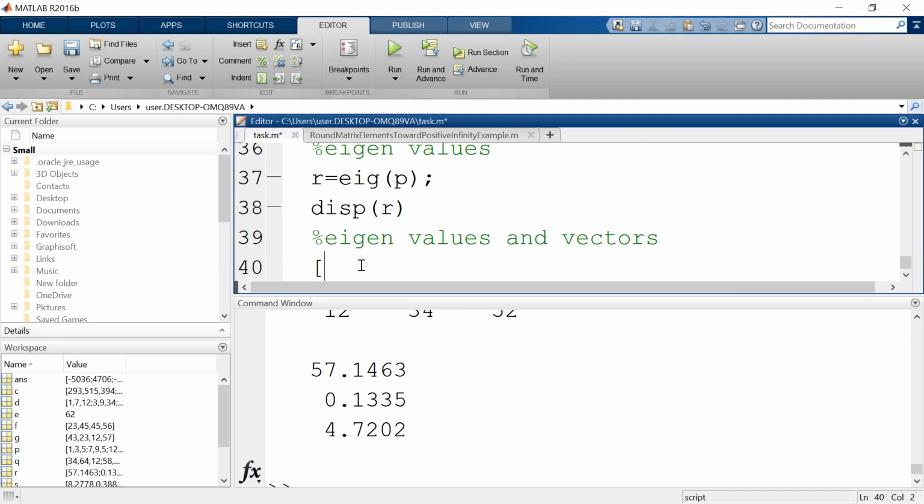So, to get our values and vectors, I would use a function, say V, D equals EIG of P. We shall confirm the values and see if they're the same. This one here, there's no need to suppress. It's a built-in function. So you see, it brings for you, the first ones are the vectors V. These are the eigenvectors it will generate for you. And then the next, it brings for you the values. They are the elements that lie along the leading